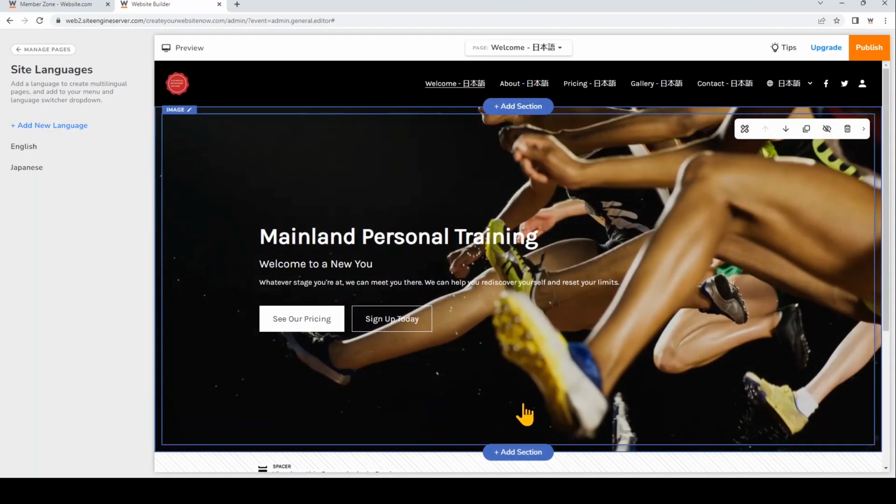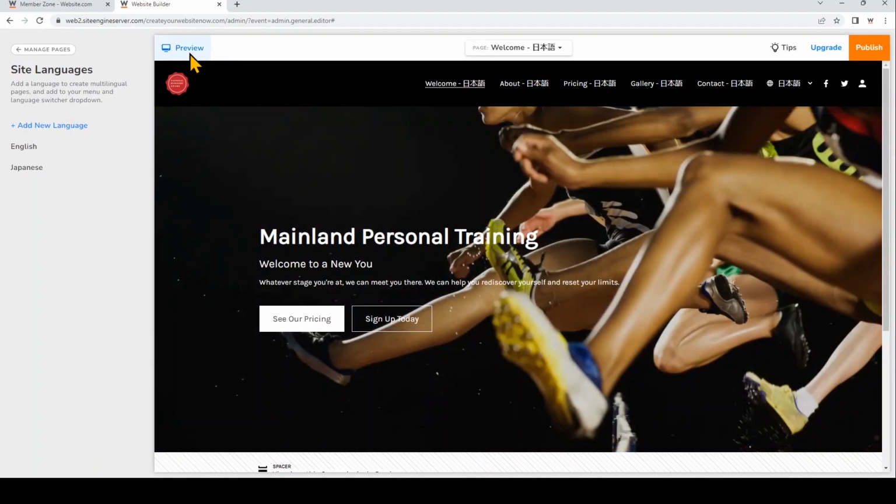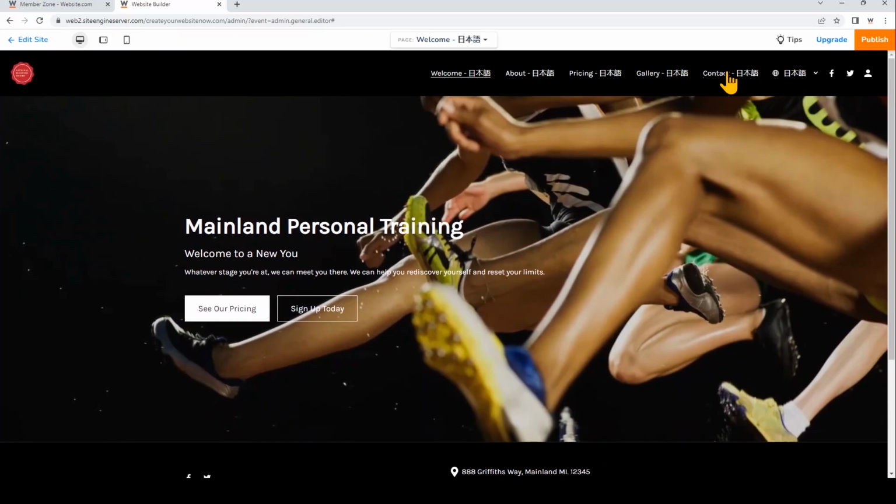I'll just go to the preview. So now you'll see I have a language switcher right here, so visitors can choose which language to view your website in. My menu is also in Japanese. You can edit how your page titles appear in the menu in the Manage Pages section. So I'll go back to Edit Site,